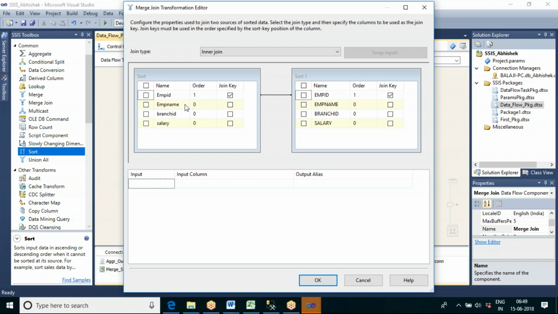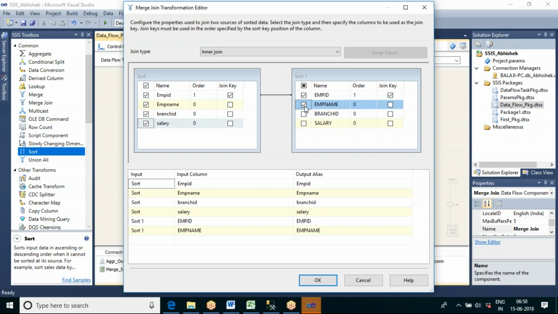Okay, that we need to take care. And now let us say from the first table I require all these columns, and from the second table let me take this employee and employee name. To differentiate, let me give the first table, the left table, the alias name left of employee. And for the second one, the right table, let me give the alias right table employee. So these are all the columns.